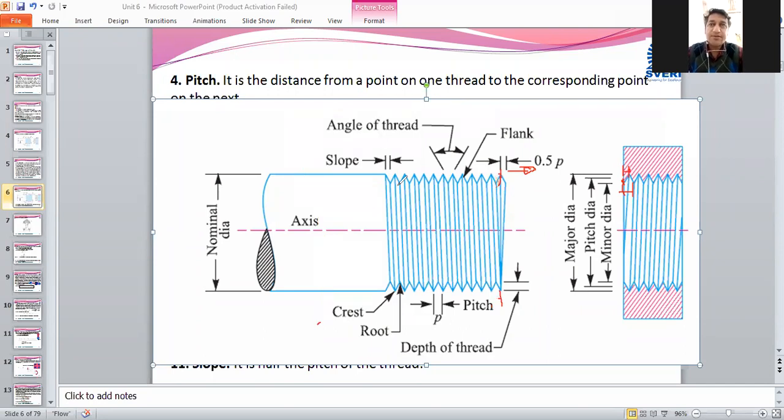Yes, you can write in chat box. Or should I ask question to a particular student? Anil Dongre, roll number 6. Will you please unmute yourself? Anil Dongre. Or can you write in chat box what will be the lead? Mr. Anil Dongre, roll number 6.